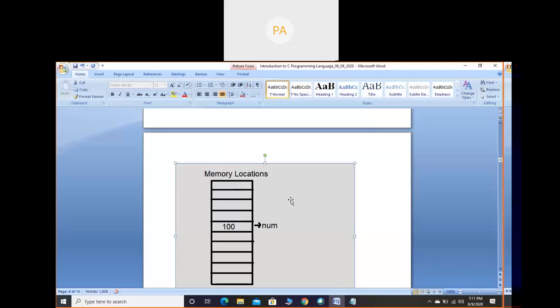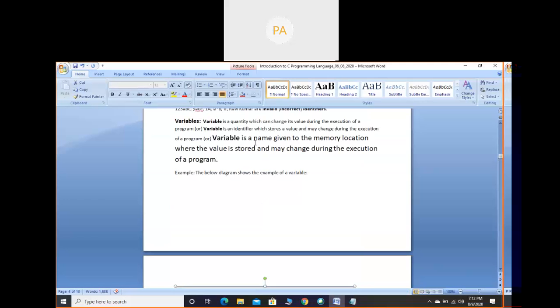For that purpose, what we have to do in programming language, whenever we store a value in a computer memory location, for that computer memory location, we have to give the name. By writing the statement in a program, it will give some name for the computer memory location. And it will take random memory, it's not like in sequence. It will take random memory, and in that random memory, that value is stored. For that memory location, name is given, and that name is nothing but a variable here. So you have to remember this definition throughout the programming language.